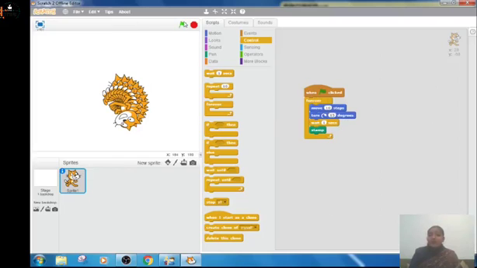I will click the flag, and the sprite is performing the actions. Okay, see, it is repeating these instructions, right? But when we used the repeat block, it stopped after 10 moves, right? But now it's not stopping, it is continuously repeating the actions, right? So forever means it will perform these functions forever without stopping.